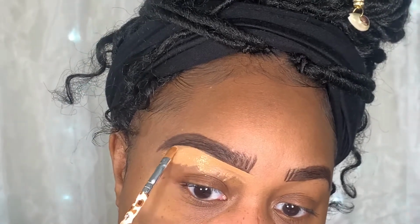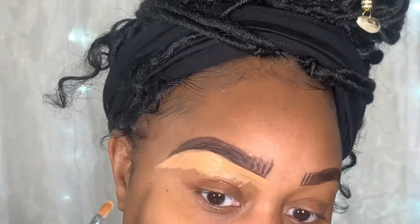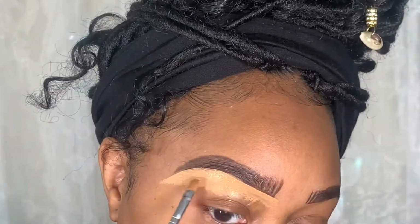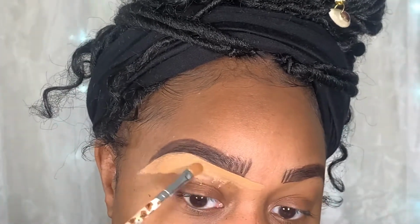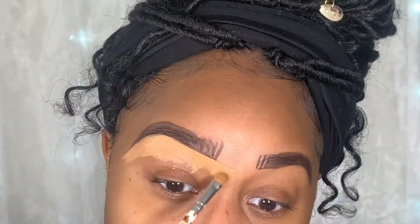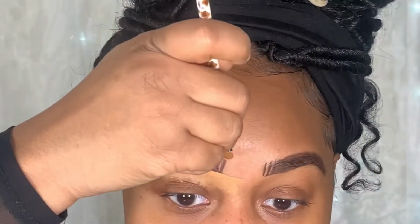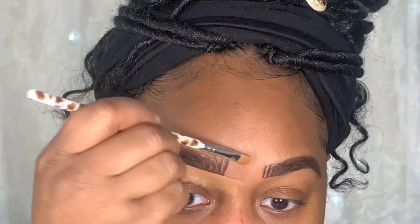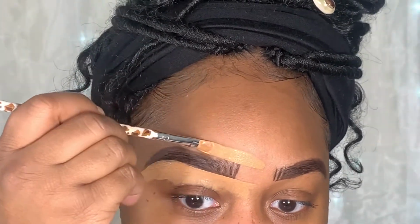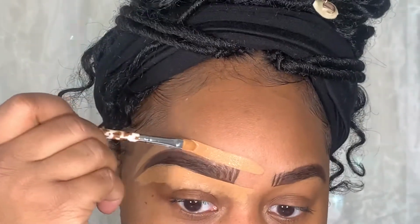And this step here, it just makes your brows look a little bit more filled in. A little of my hair is growing in right here, but with the concealer on top, you can't tell that you need to get your eyebrows filled in. I will say that this looks better if you're freshly groomed or freshly waxed. And then the same thing, I do a couple dots on top. And then I just like that. And you can continue to do